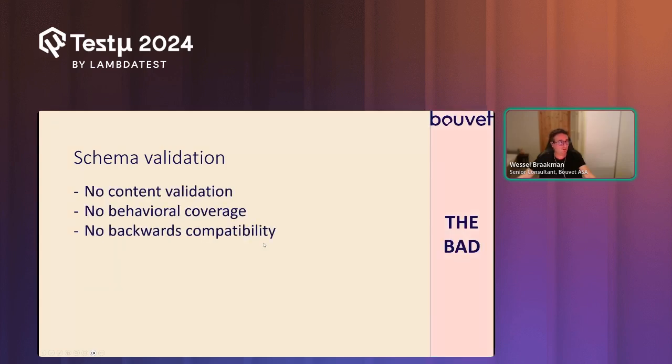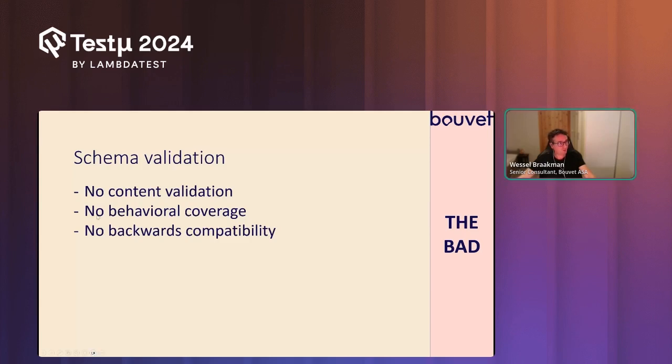The bad. It's not necessarily bad, it's just limited. So there's no content validation. If I get an author back, it could say anything within that string. It doesn't have to be a real name, and that's something that we cannot check with schema validation unless we use, for example, really complex